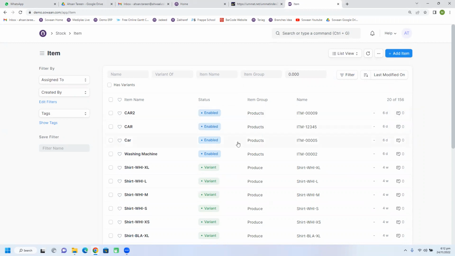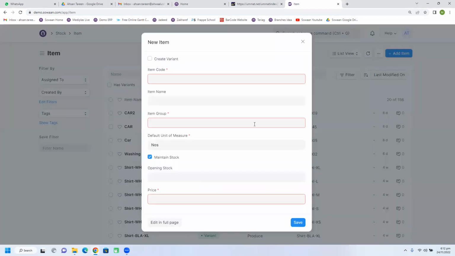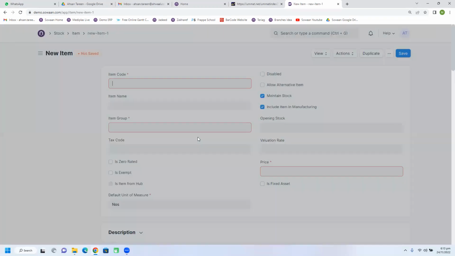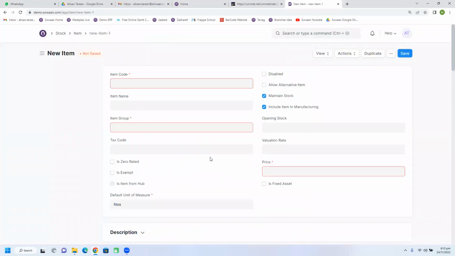So this is the list view of the item form. You can add by clicking the button. So this is the quick entry form. I'll lead up to the detail section. So in here you can see